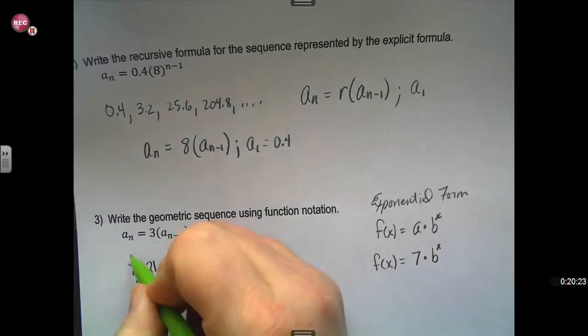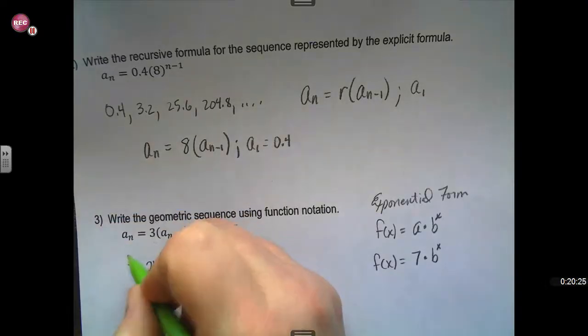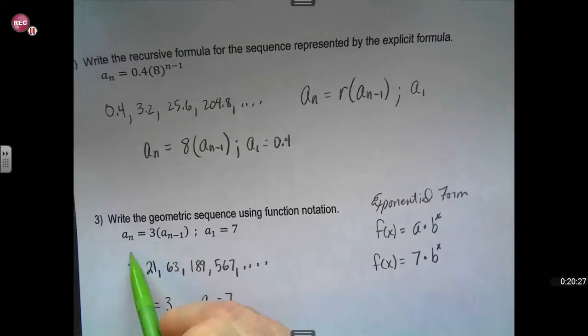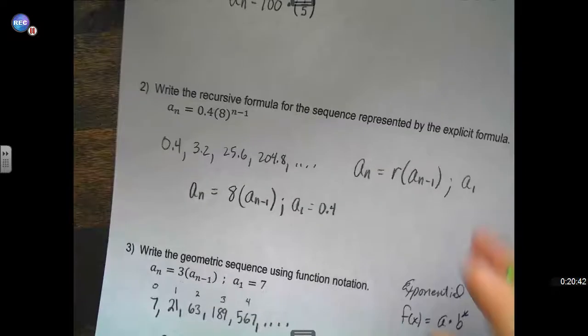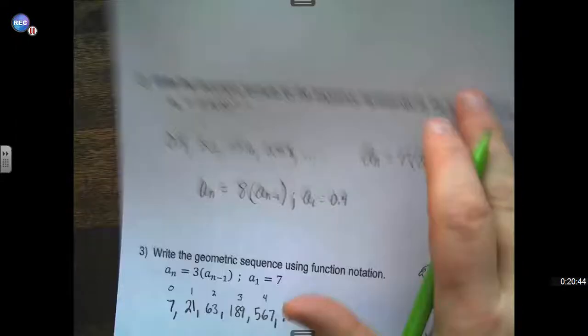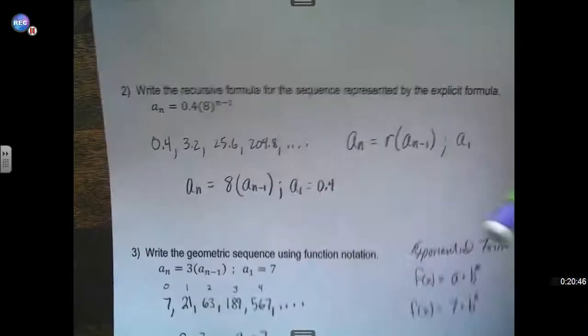When we number these terms, this 7 is actually 0. This is 1, 2, 3, 4, and so on. And so to write this, we would need to plug in